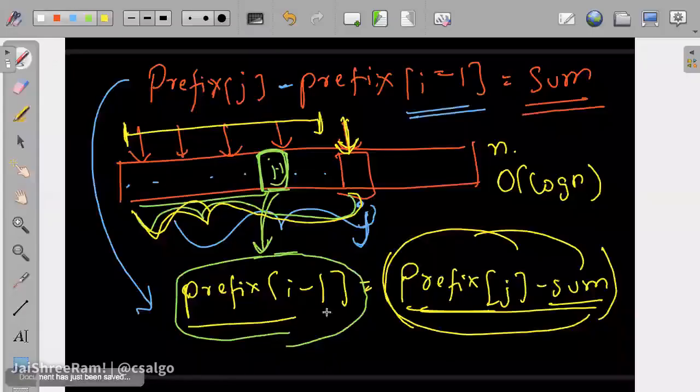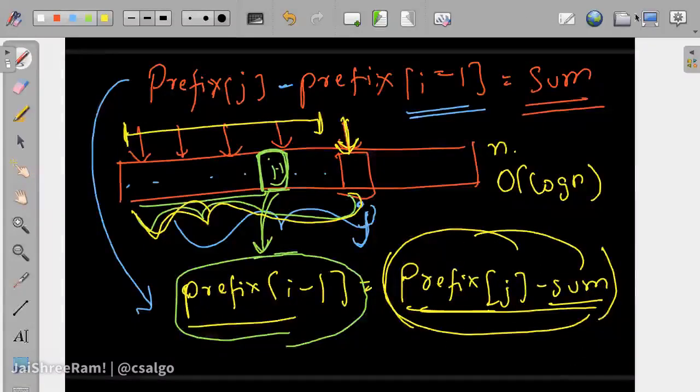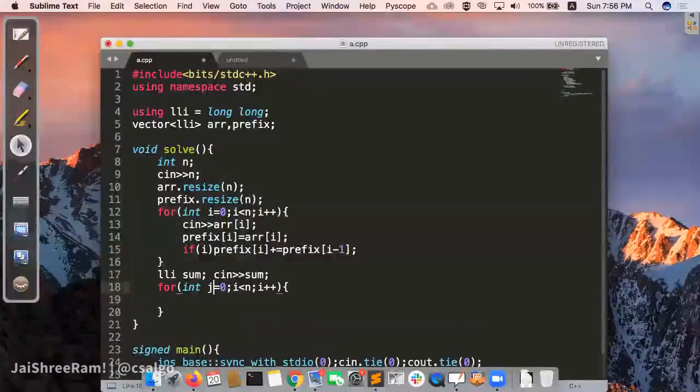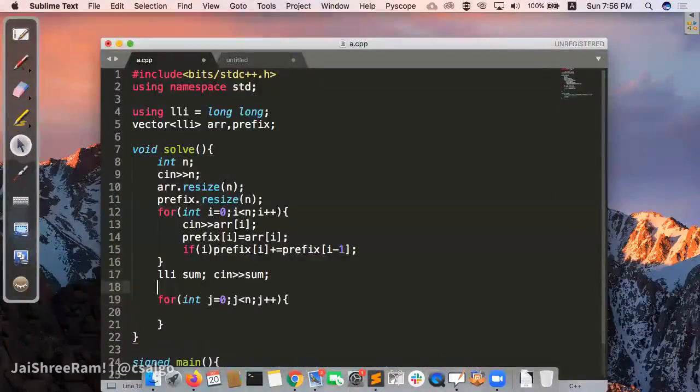So we need to search how many times have we seen prefix of j minus sum before, right? We are at j, so let's rename this variable. We are looping on j, the endpoint of the prefix range that we're talking about. So we just keep a variable like answer, which will count the number of times it has occurred.